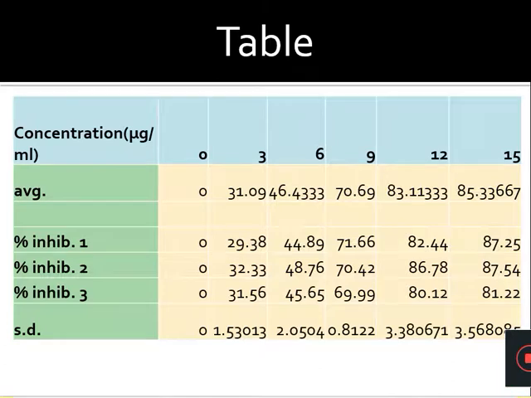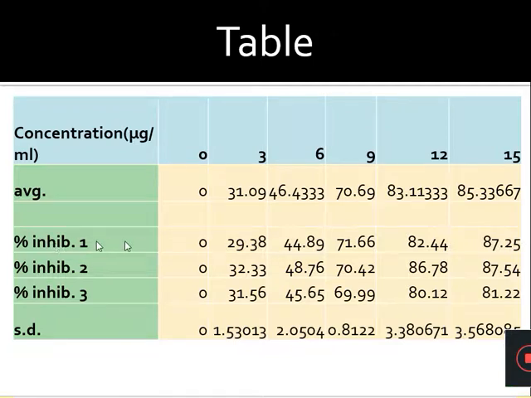Here you have a table with different concentrations of a particular drug. These are the different concentrations of a drug used in an animal to inhibit, for example, inflammation. With the administration of each dose you can see the percentage of inhibition of inflammation. You can see it is increasing: with a higher concentration, you are getting a higher inhibition of inflammation.